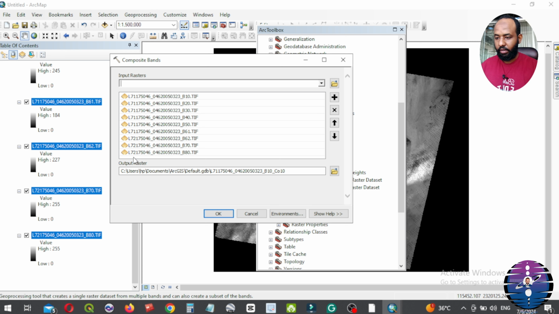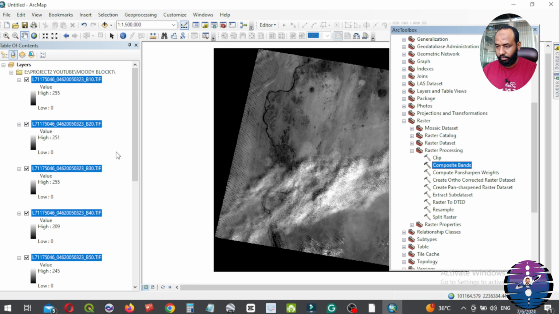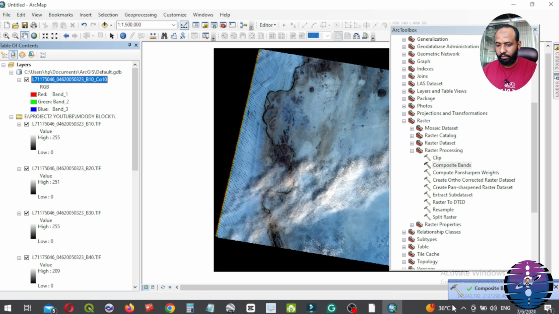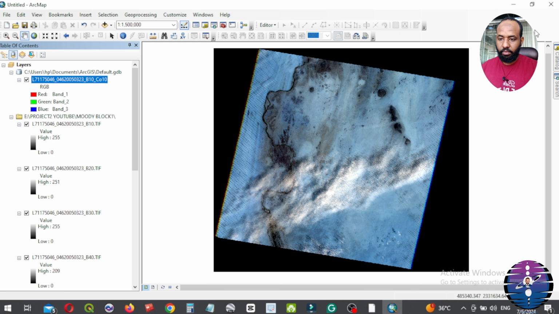Okay, this will be saved in local disk C under the name CO10. Then press OK. After completing, we close this window.